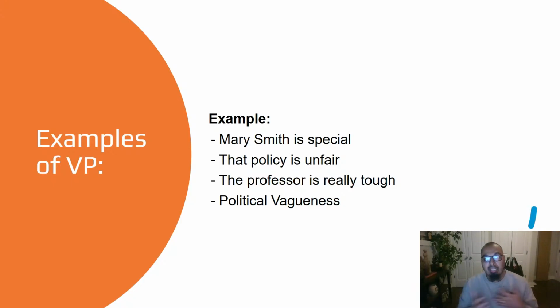Another way, let's say you guys say the professor is really tough. Like I'm tough, I'm a tough professor. Okay, I'm tough in what way? Tough grader, tough personality, tough course material, emotionally demanding. Maybe I'm strong and tough in that way, tough in the sense that I don't have fear. What does it mean when the professor is really tough?